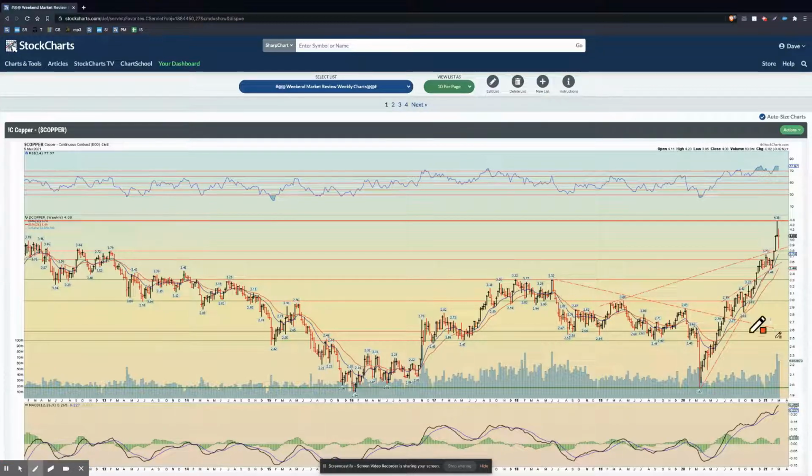So, starting with copper. Copper is still very much in bullish territory here. And while we pulled back in a very healthy way to the trend line back around the 3.94 area, until this trend line breaks with conviction, I don't see copper going into any corrective phase anytime soon. But I think what's more likely here is a consolidation between the 3.8 and the 4.4 area for a period